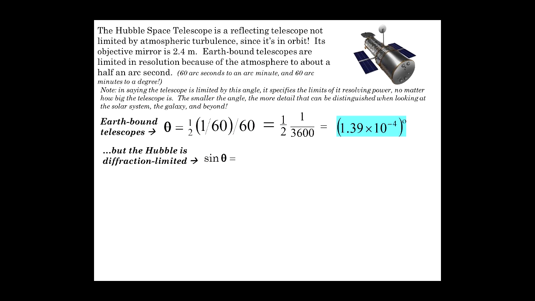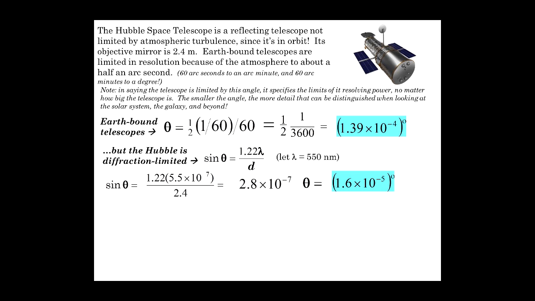You can prove that by looking at the diffraction limited angle, which is given by this formula. The wavelength is about 550 nanometers, the middle of the visible spectrum, so we'll use that. And d, the diameter, is 2.4 meters. So you plug that in and you get 2.8 times 10 to the negative 7. Theta is the inverse sine of that, which gives us a tiny angle